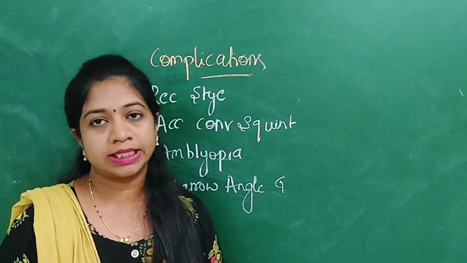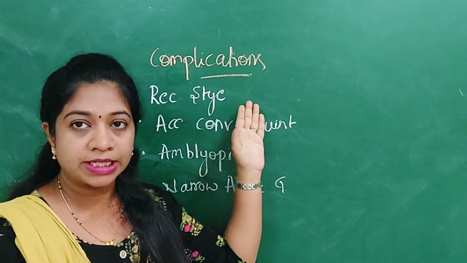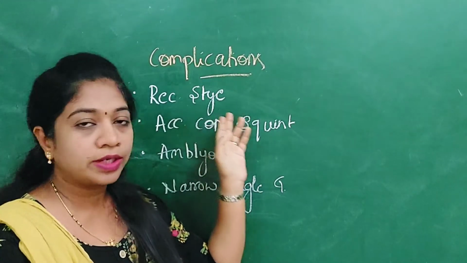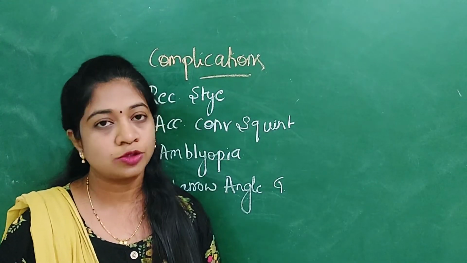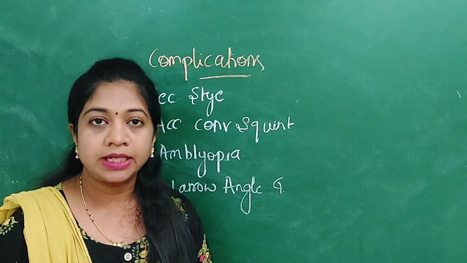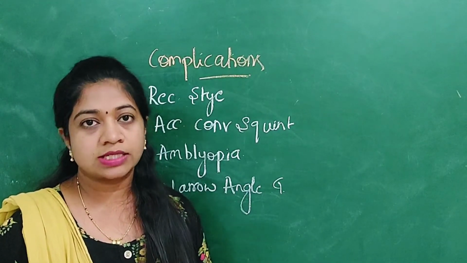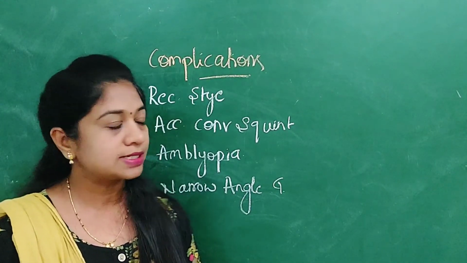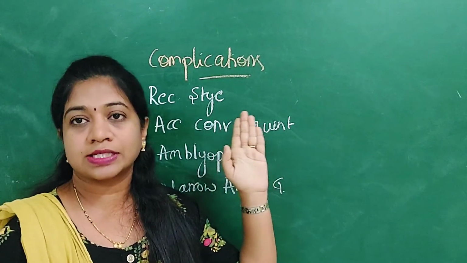What happens if you don't treat the hypermetropia, or what are the complications of this hypermetropia? As I already explained, because of the constant asthenopic symptoms, the patient will be repeatedly rubbing their eyes, so there are more chances of infection of glands of the eyelids leading to repeated stye as well as blepharitis.